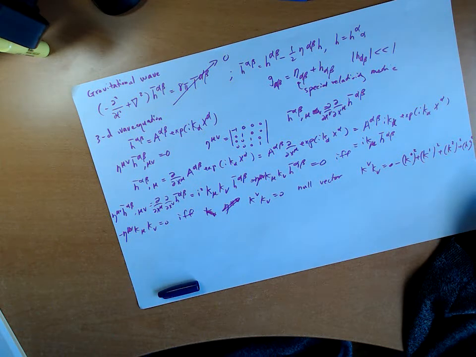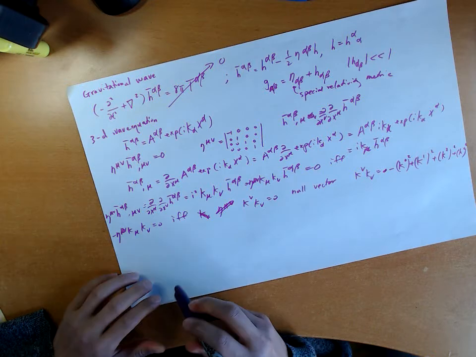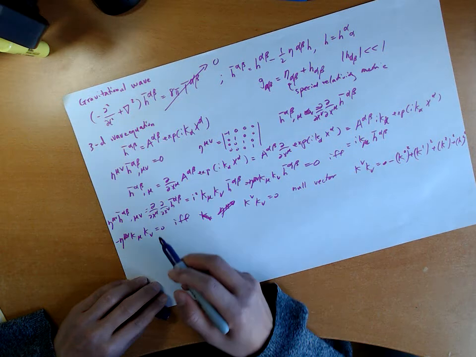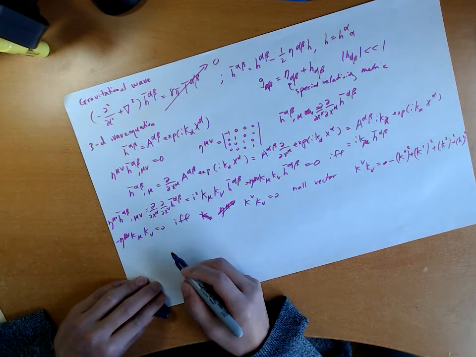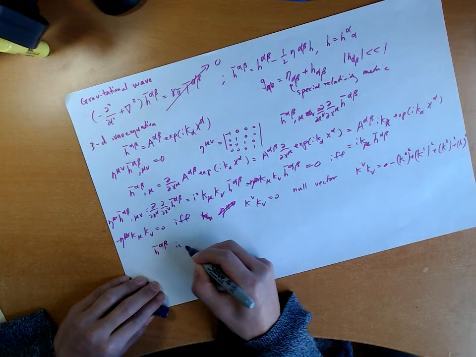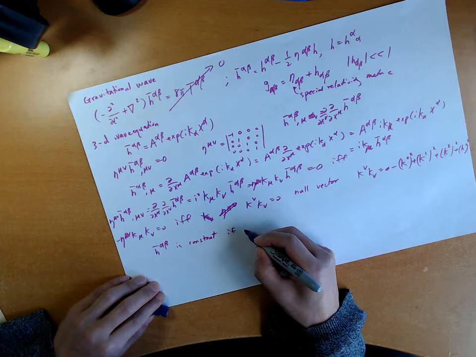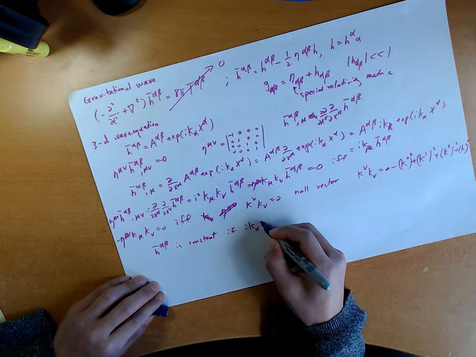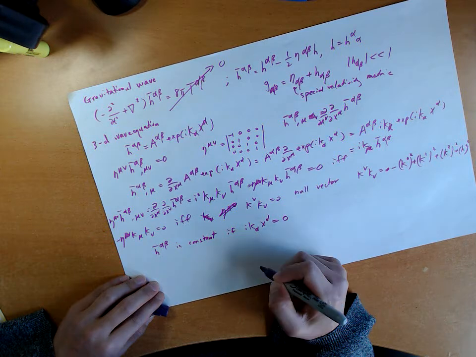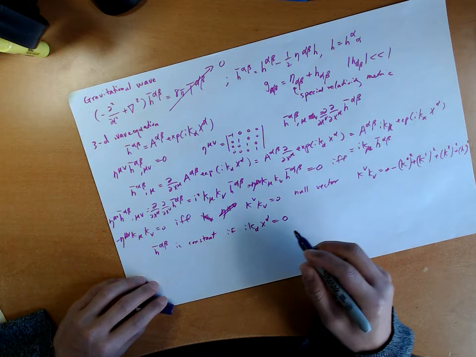Okay, so let's see what else. So this is a null vector. Now what? Oh, okay, so in which case is this 0? So that means